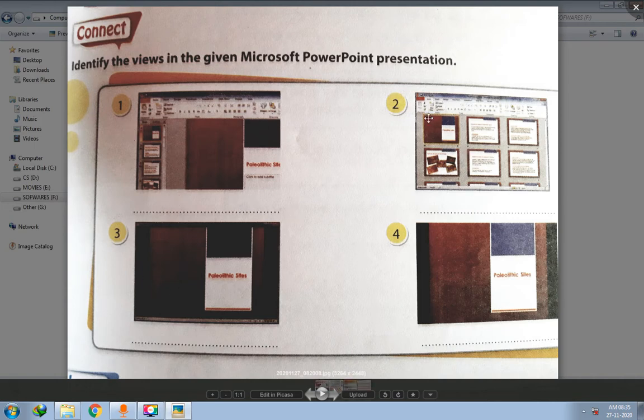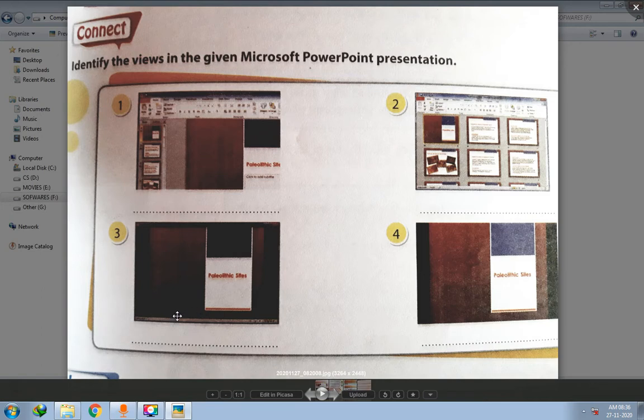Okay, second question or second picture is given here. You should write the slide sorter view. Slide, S-L-I-D-E, sorter, S-O-R-T-E-R, view, V-I-E-W. So it is slide sorter view.